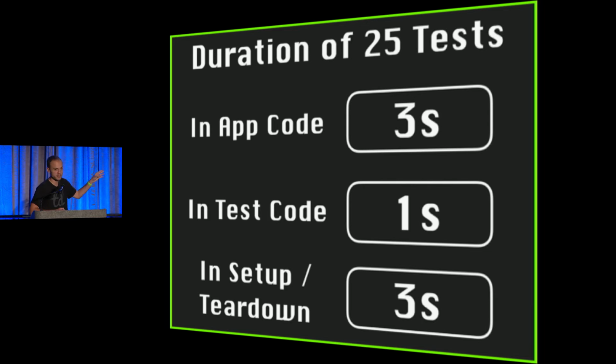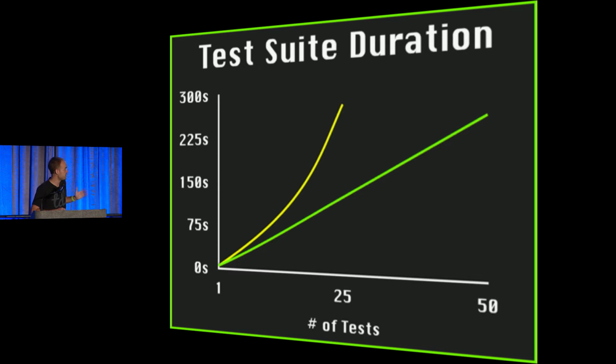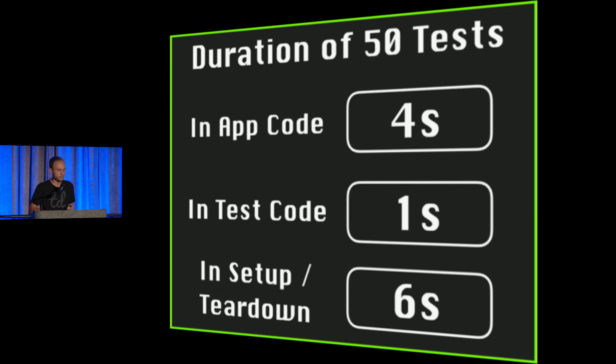Now, imagine taking it from 5 tests to 25 tests. Maybe the time spent in app code goes from 3 to 4 seconds. That's not a huge change. And the time spent in setup and teardown goes up to 6 seconds. And now we're looking at 11 seconds per test. And here you see this deviation really start to increase. And teams are often surprised, like in the midlife cycle of their app, like, wow, our build's a little slower than I thought. That kind of stinks. Our feedback's not great. But it's not cause for alarm quite yet.